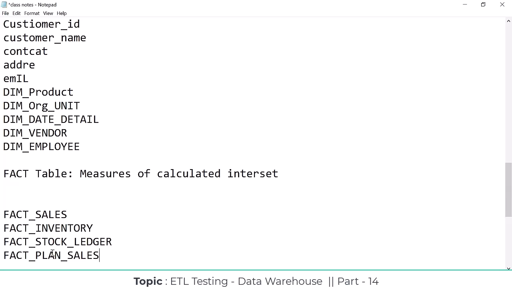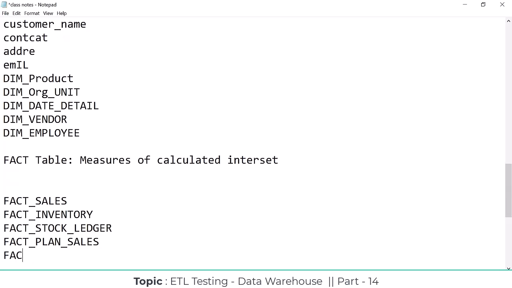You know how the transactions are done and how the data flows, and you can easily understand retail domain projects. That's why I am going to explain retail. So inventory is nothing but the stocks. How much stock is there? How many were sold? How many are still in stock in the store? Ledger means they take the ledger, how much is the overall stock, all those things. That is the ledger.